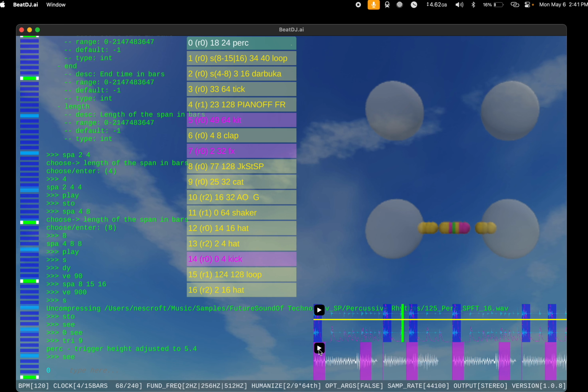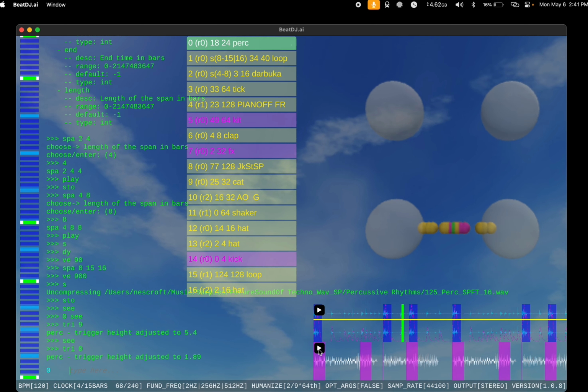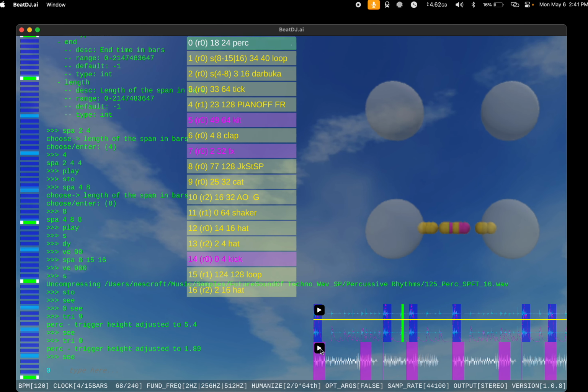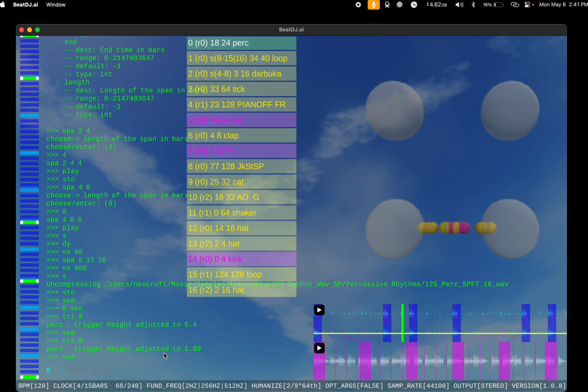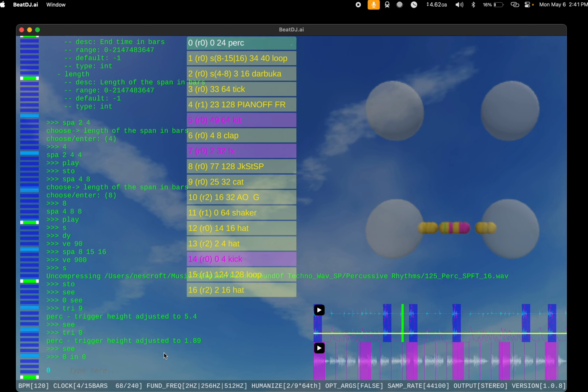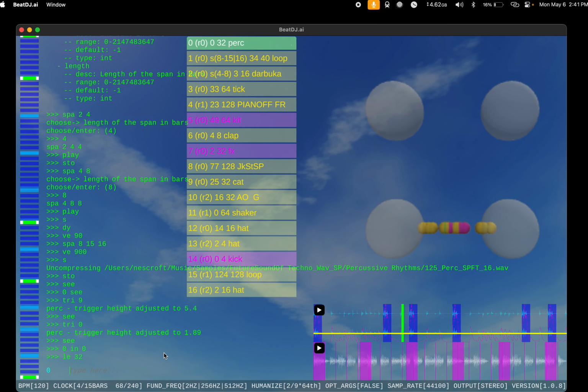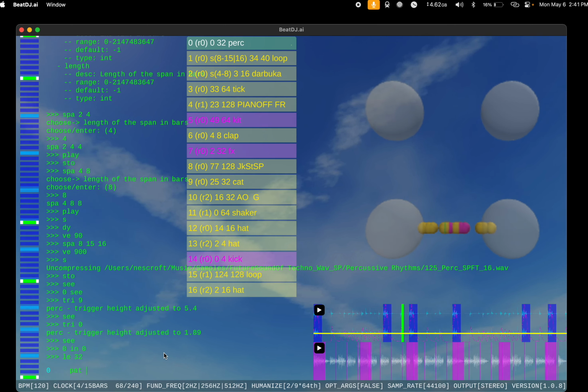Okay, that also sucks. I'm going to set the trigger height back to 0. Have it work its way up this time. Okay, let's work with this. So first thing I'm going to do is make this more of an even loop. So I'm going to start the loop on 0 and put the length of the loop to 32, and then there's this new command that I'm experimenting with. It's a pattern command, so I'm going to create